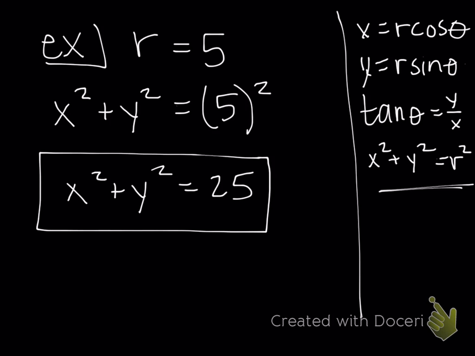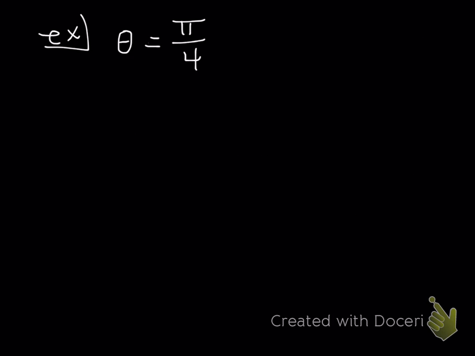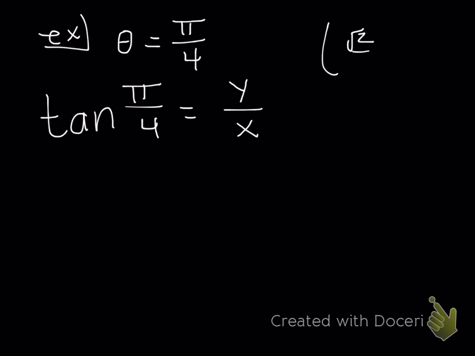For the next one, all I need is the theta to have x and y, and the last one's x, y, and r. So if I'm only given theta and not an r, I need to use that tangent of theta formula, that equals y over x. So I'm going to use tangent of theta, and my theta is pi over 4, equals y over x. And I know the coordinate for pi over 4 is root 2 over 2, root 2 over 2. So tangent of pi over 4 is equal to 1,